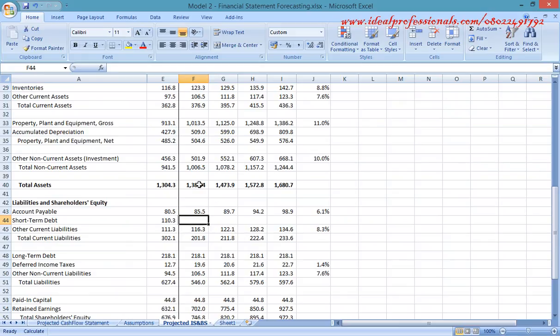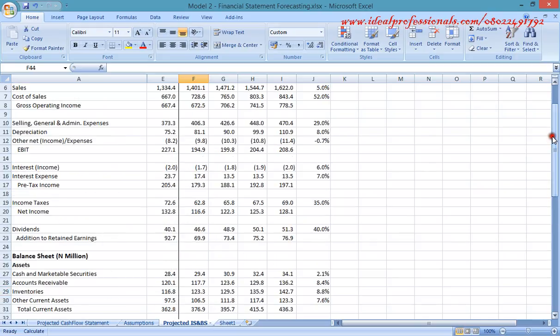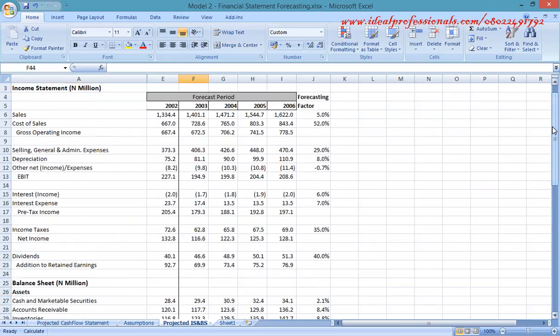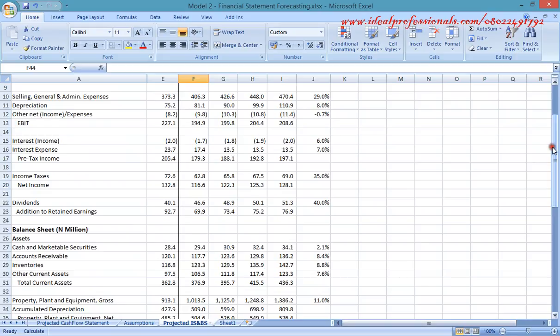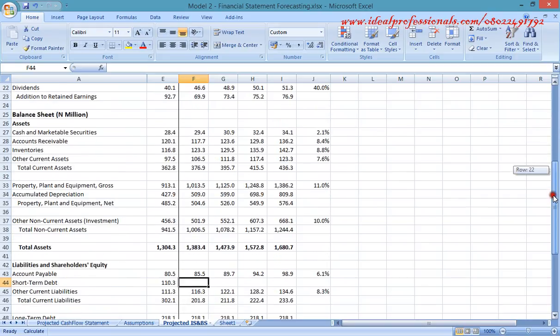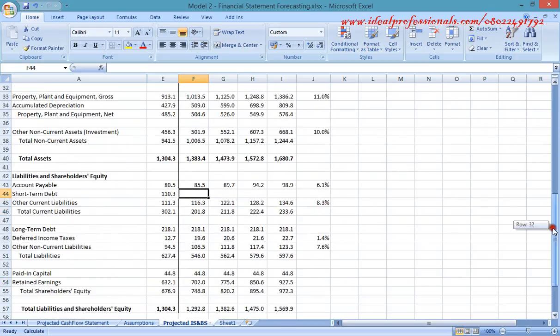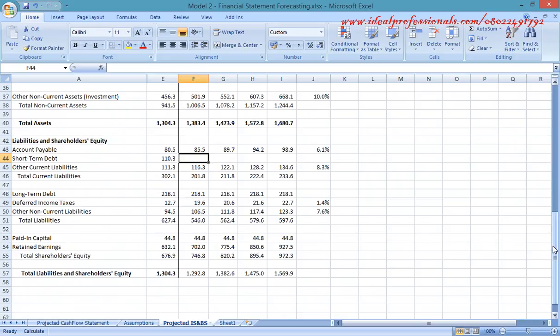Notice all these balances. Just take one moment and notice the balances. See that for sure it's not balancing. So we now say okay, is equals to